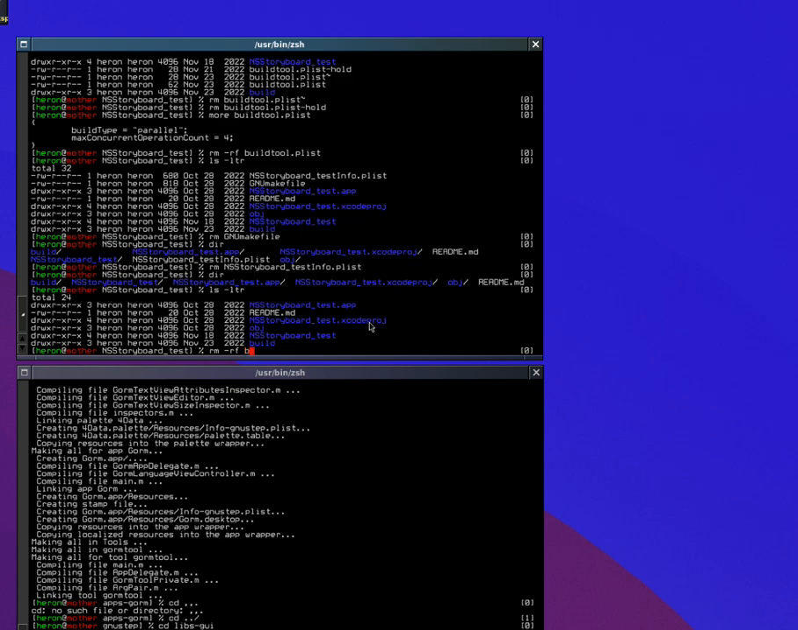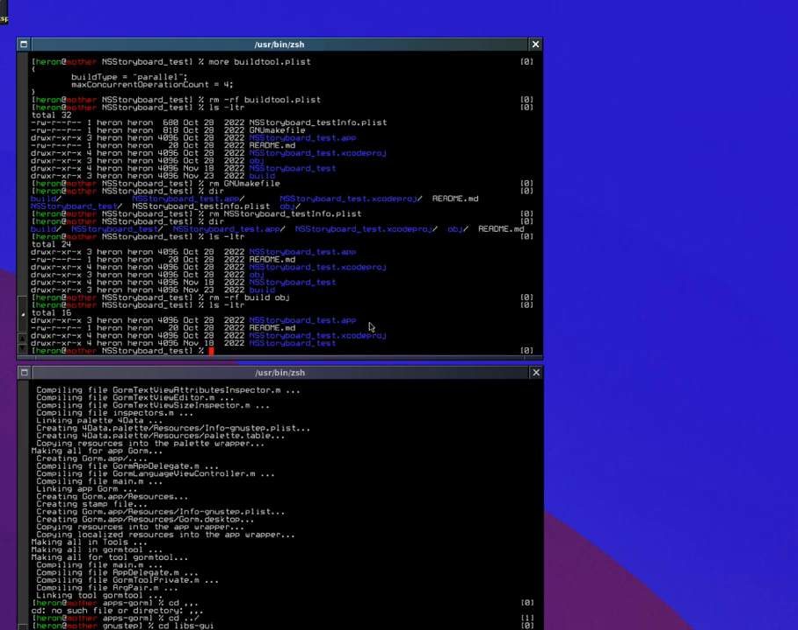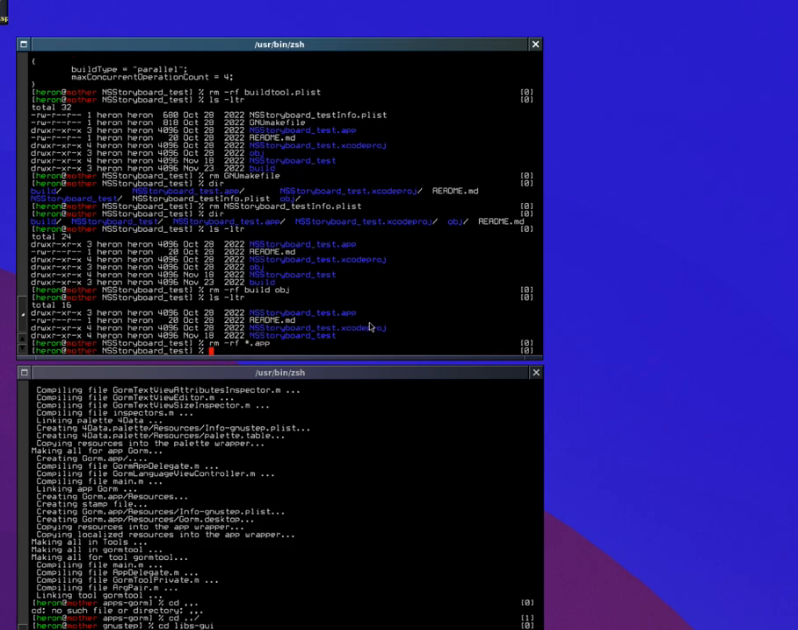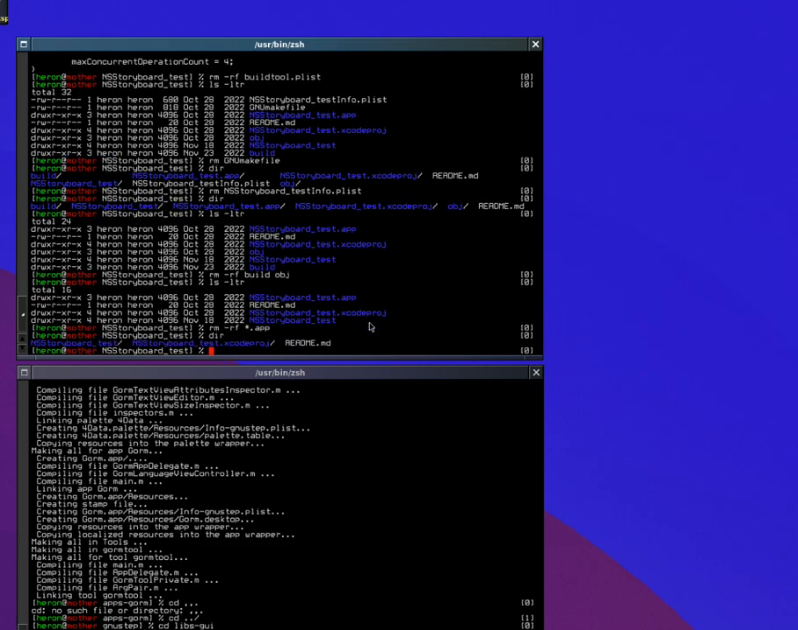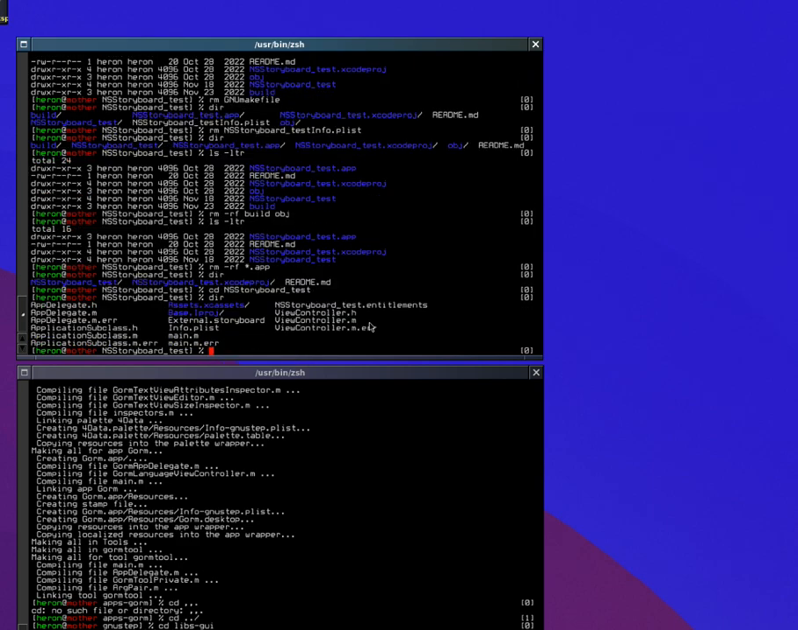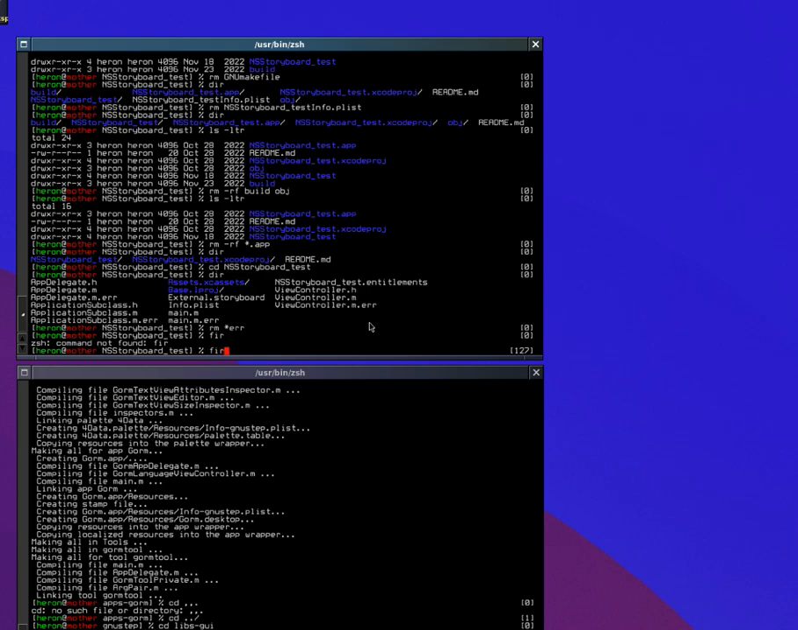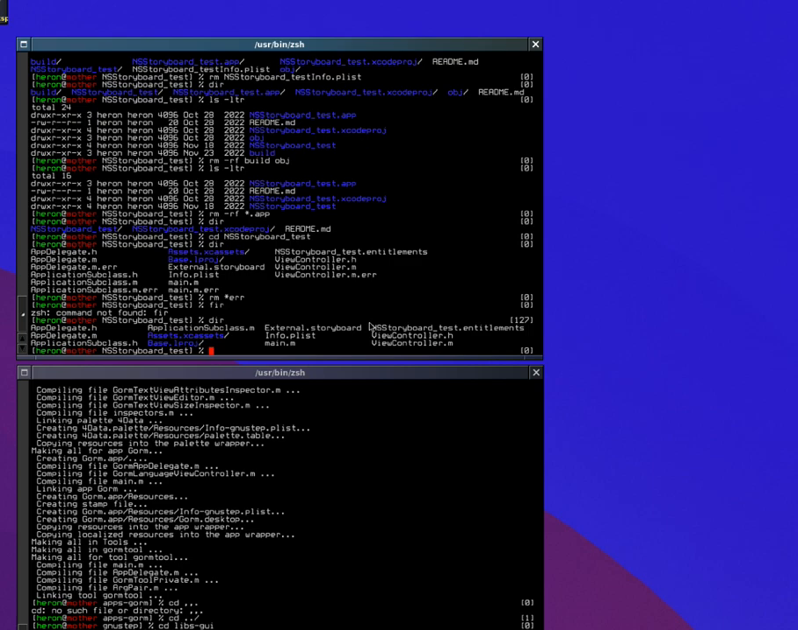So let's try to get back to a raw state here. Build and object. Okay. So now we don't have the app, we don't have any kind of build artifacts or anything like that. And as you can see, we do have a bunch of code here. These error files were created by an early version of buildtool. So we have a